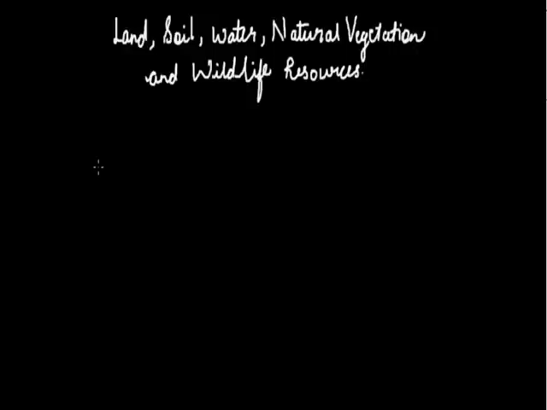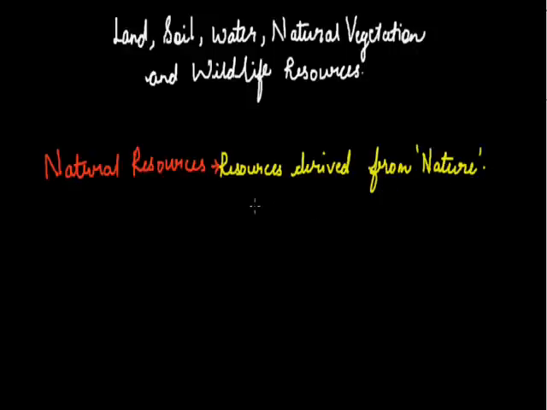A natural resource is a resource which is directly derived from nature. Nature gives us many kinds of resources, like the topic itself says: land, soil, water, vegetation, wildlife. All these resources provided by nature are defined under the definition of natural resources. To begin the chapter, we are going to study all these resources one by one. So let's start with the first resource,